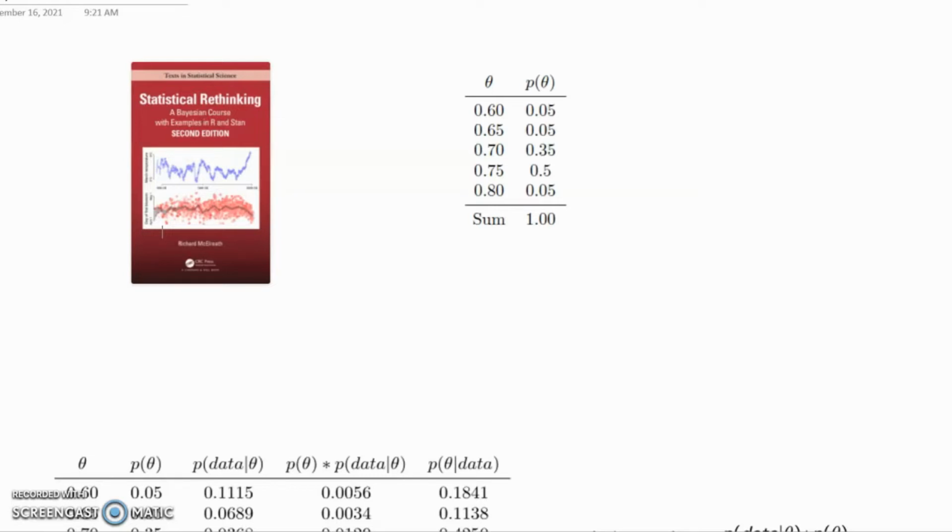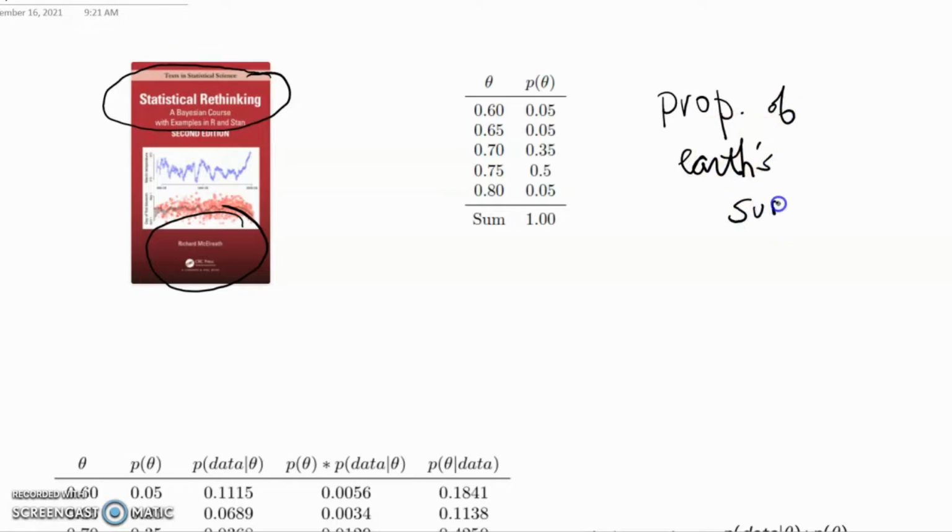In this video, I'm going to go over an example that was motivated by this book by McElreath entitled Statistical Rethinking. And the whole idea is what we're going to try to do is estimate the proportion of the Earth's surface